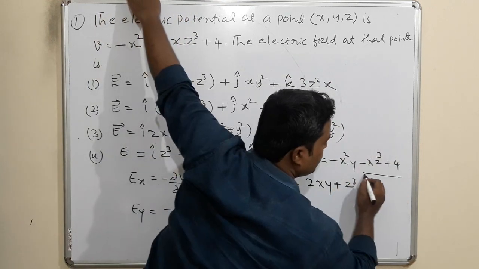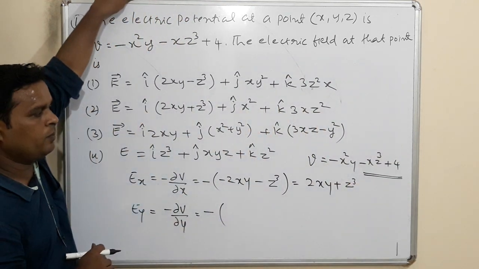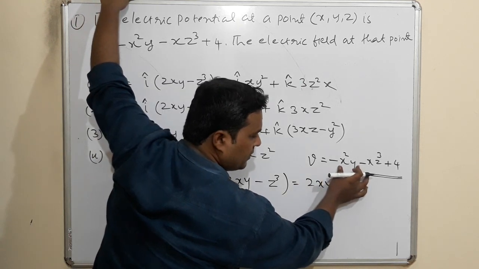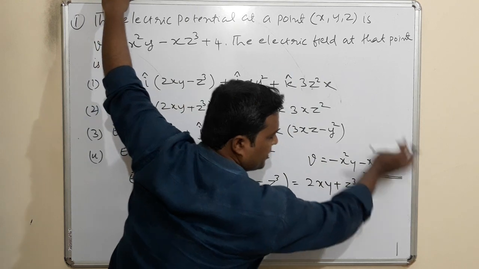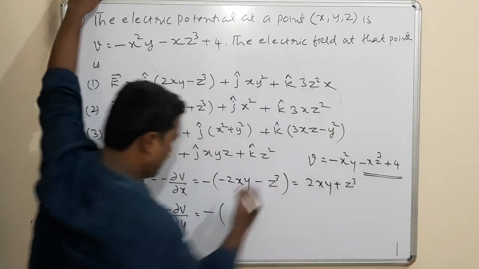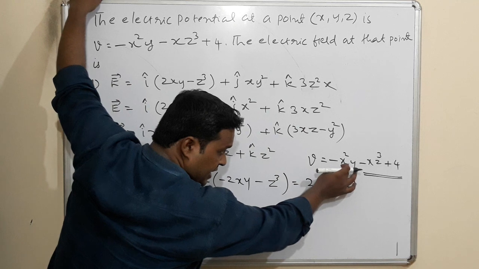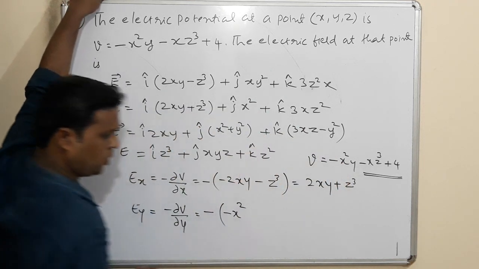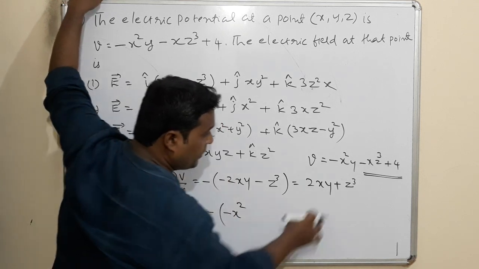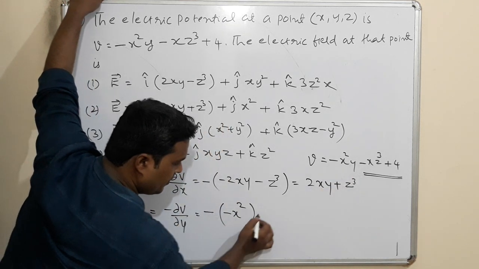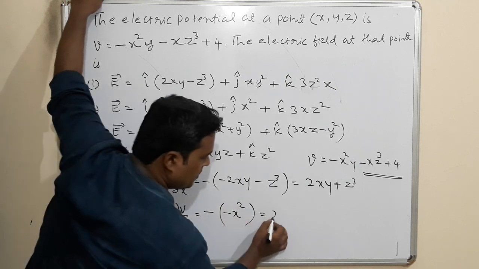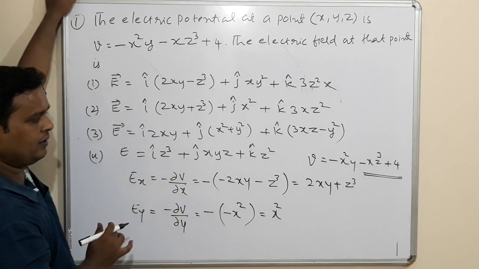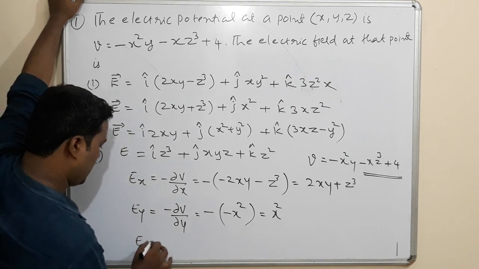Then leave these two terms, because in this we have only y term here. This is xz term, this is constant, and only this term is there. I am differentiating this with respect to y. That means minus x square is constant. Differentiation of y with respect to y will be 1. Then there will be minus of minus is plus x square. This is Ey. Then Ez will be equal to